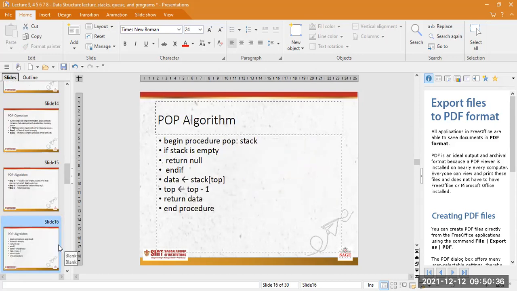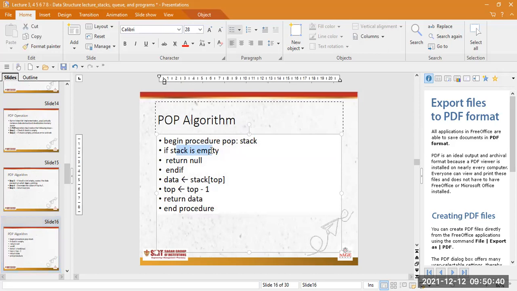Now this is the algorithm of pop, where we check for empty. If the stack is empty, that means you cannot pop any element because no element is present inside the stack. If data is present, you take the stack top element and insert that data into a variable, because the stack top has removed the element from the stack.